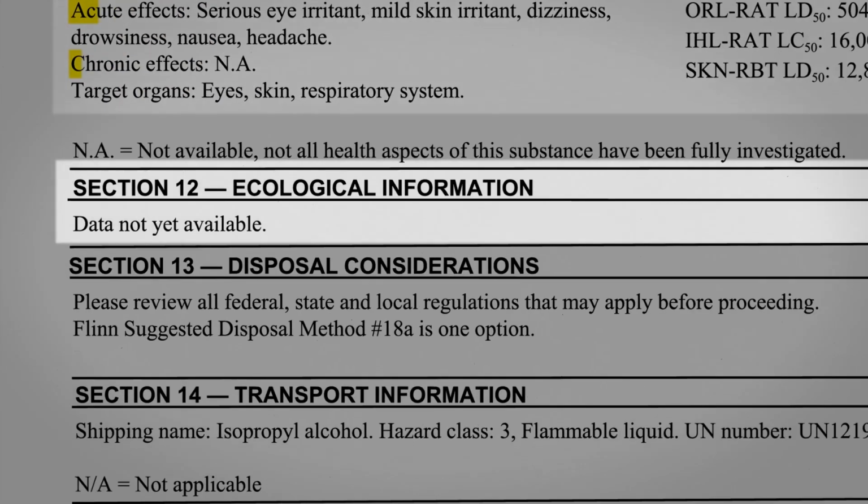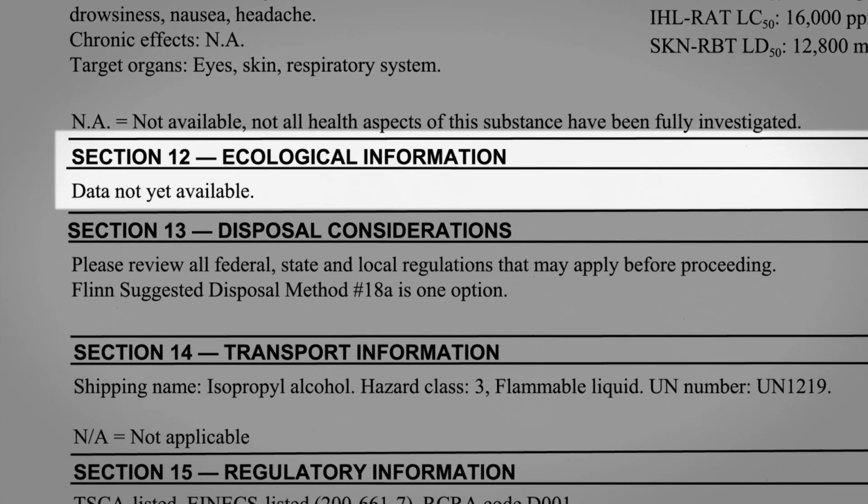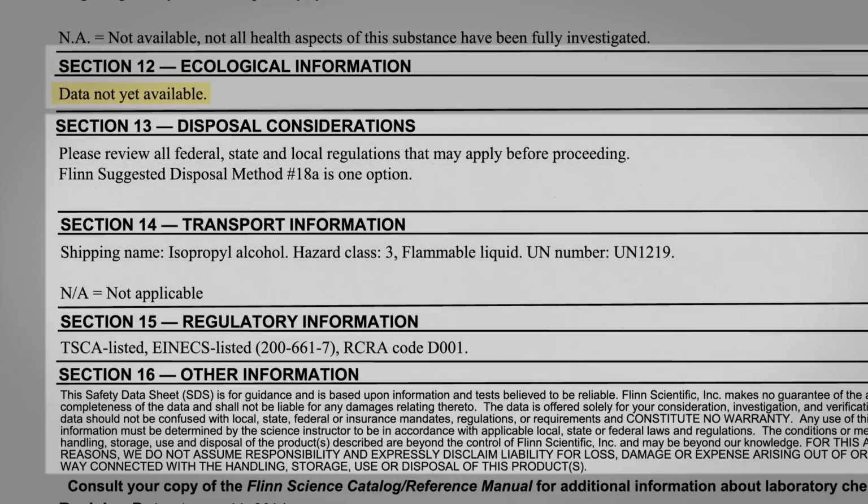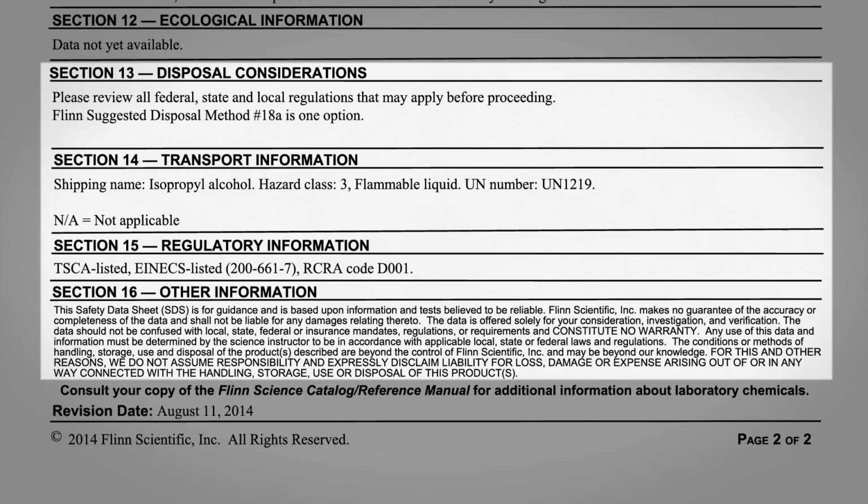Section 12 provides information about the effect a chemical may have in the environment. Unfortunately, we don't have much info here. Sections 13 through 16 concern regulations for the disposal, transportation, and industrial use of chemicals and are beyond the scope